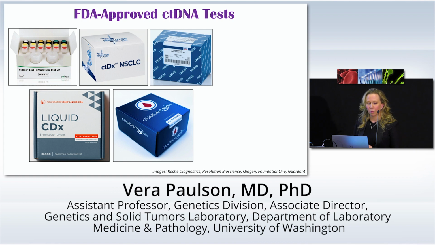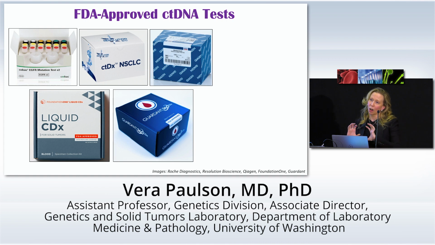This one from Resolution Biosciences was actually granted breakthrough status in the last couple of weeks for non-small cell lung cancers, particularly for looking for KRAS G12C mutations. There's TheraScreen for PIK3CA and breast cancer. And probably the ones people are most familiar with would be Guardant, that has 73 genes and select fusions. And then also Foundation. And this has 324 some odd genes, fusions, and also looks at tumor mutational burden in the blood as well as microsatellite status.